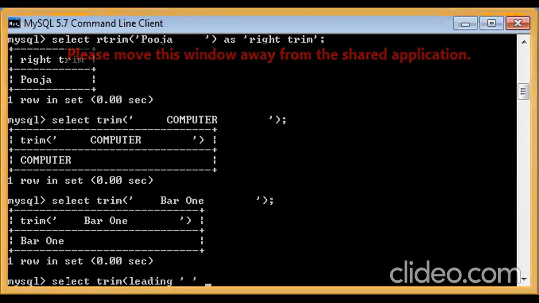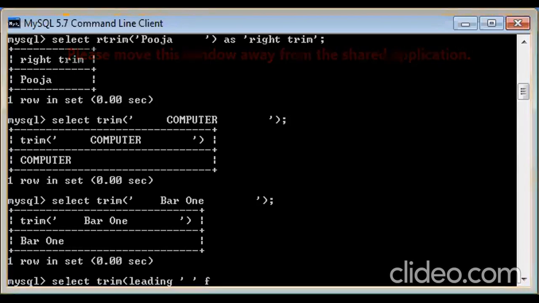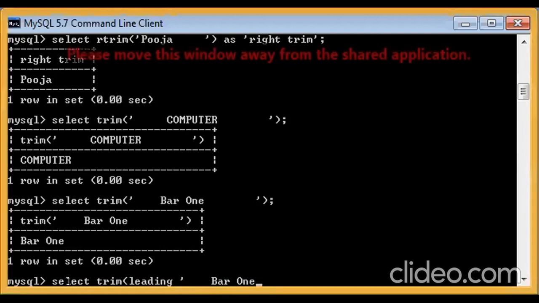Okay, this space has been given. Then no, ma'am. In the quotes we'll write bar1. Okay, so you want me to write bar1 over here. Okay. Then parenthesis closed. And then semicolon.